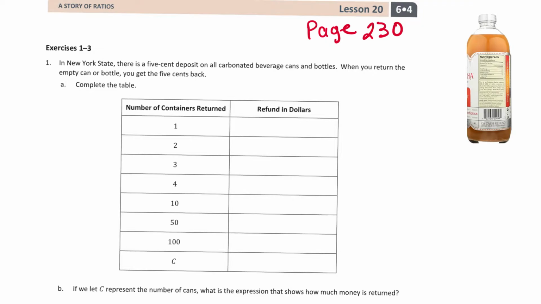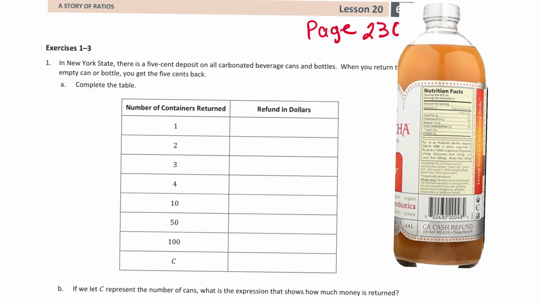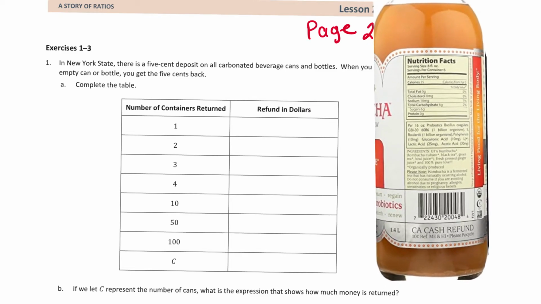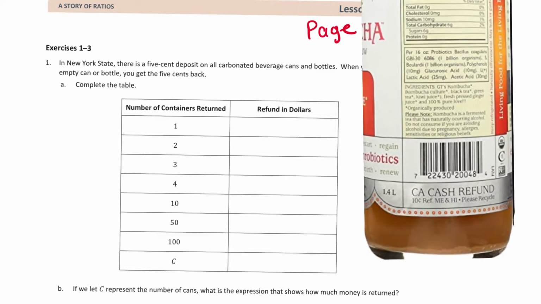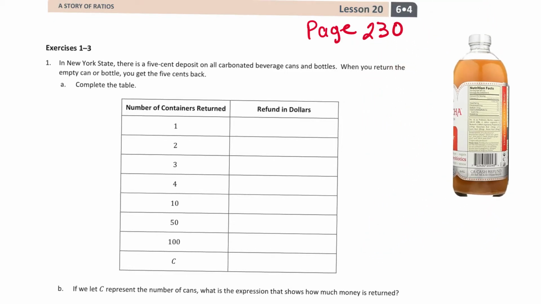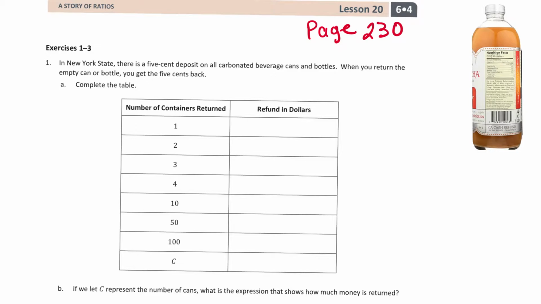And I just had this example, I got it from the internet, of what it looks like. Usually on the glass bottles, you can see which states give you money for the bottle. Like this one, it says California, gives you a cash refund of 10 cents, right? Some states don't do that. So this is why it's only specific ones. I was able to find that one for California. But here, the problem that we're working on, it says New York. They give you an amount of 5 cents per carbonated can and bottle, which is kind of nice because